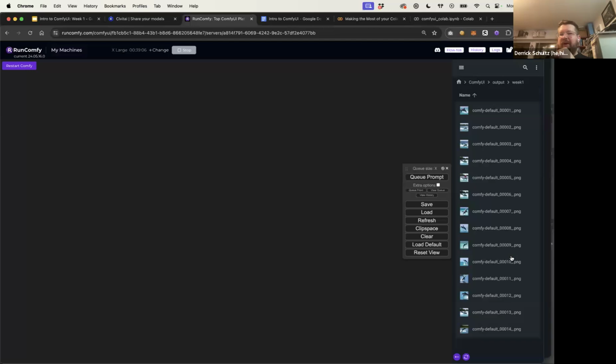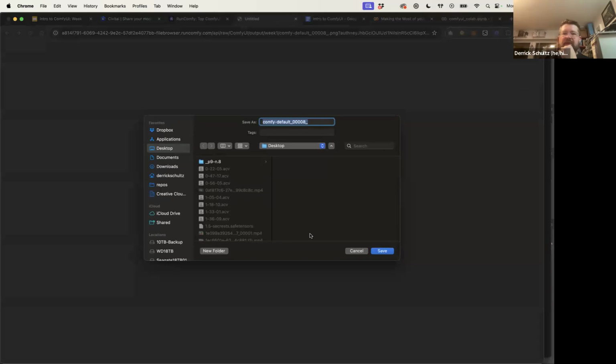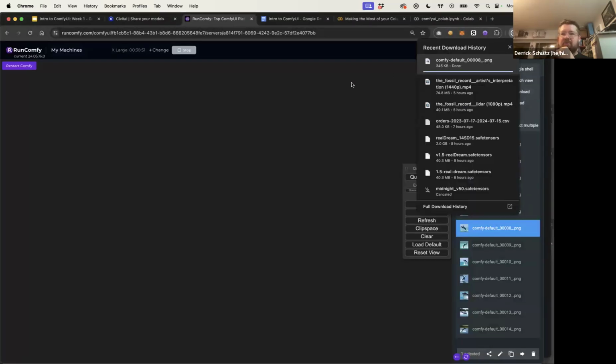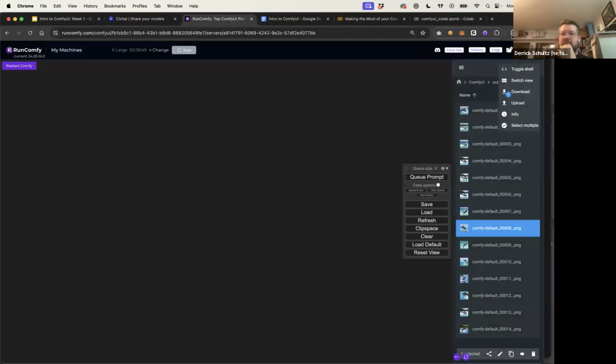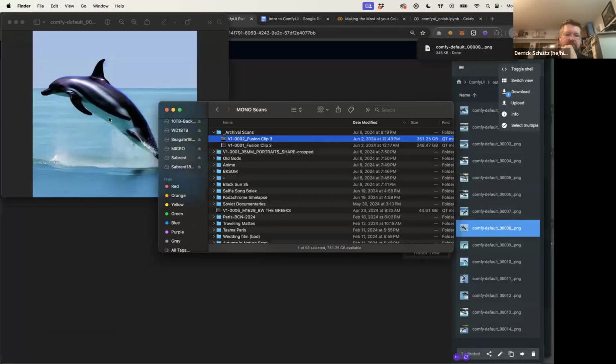Oh, and it looks like they do save out as PNGs. Cool. So if I want to download one of these, you could just click on this file, then go to the kebab menu up here, and hit download, and then it asks where you want to download that, and you will download the file. There you go.